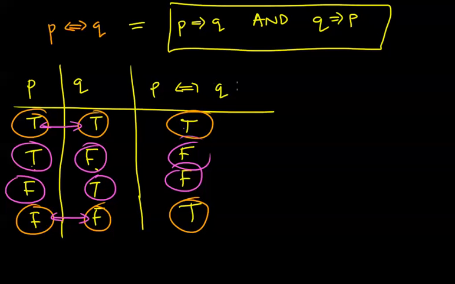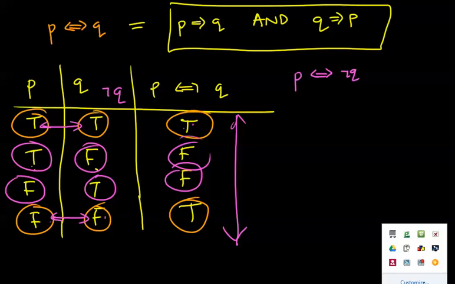Okay. If that doesn't make sense to you, I want you to remember this rule: that if they match each other, then it's true. Otherwise, it's false. Okay, that's probably the easier way to remember it. Okay, so that's equivalence done. Now you could have things like P, if and only if, not Q. Remember, you'd need to do a not Q column and then you'd have to compare them both against each other. So, it builds on all the prior stuff we've discussed. Okay, so I'm going to